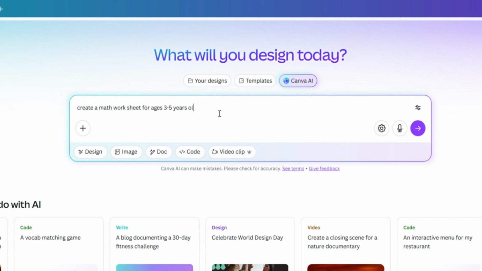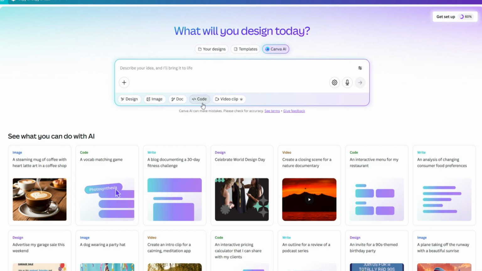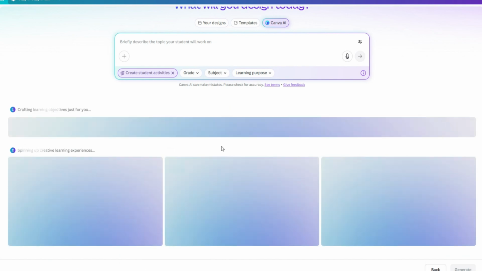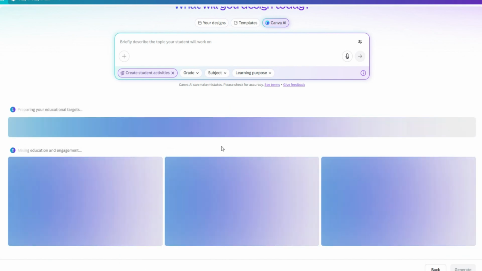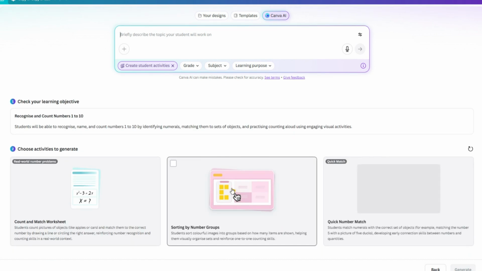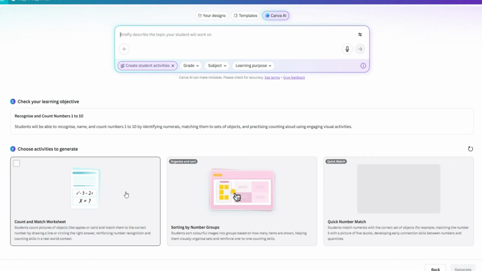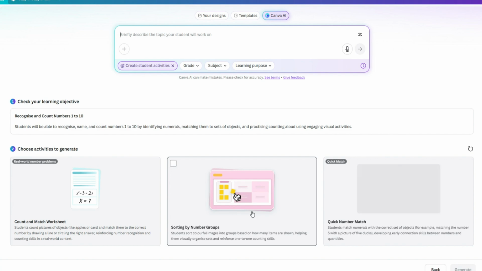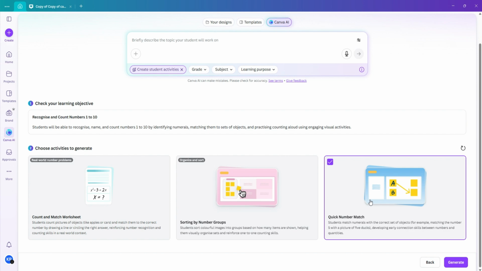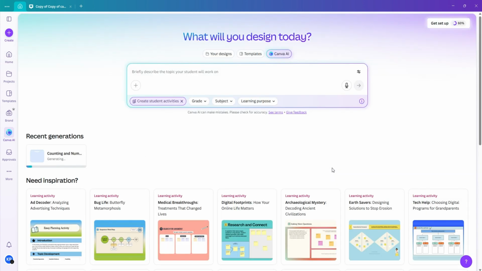While the AI works in the background, it's preparing educational targets and brainstorming learning activities specifically for my prompt. Now that the options have loaded, I can review the learning objective and choose which activity to generate. I'll select the Quick Number Match activity and click the Generate button at the bottom right. Once the notification pops up that the activity is ready, I click Open to view the design in a new